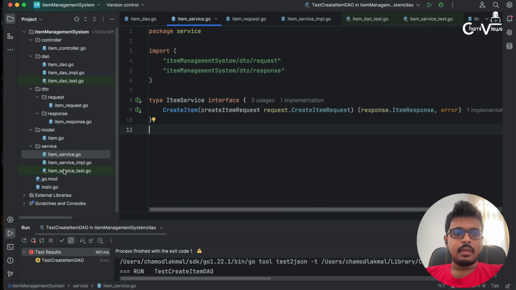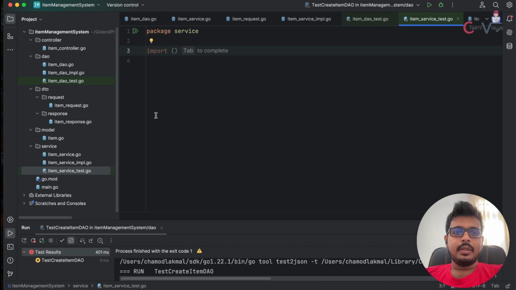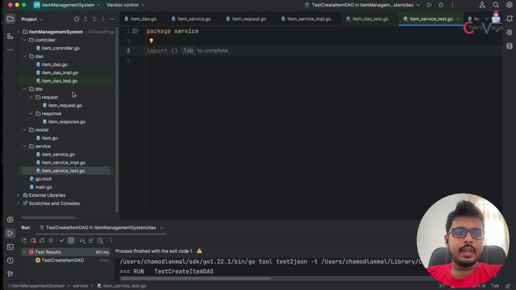But in this kind of scenario, we are mocking those item DAO. Mocking means that we are creating some sample values, right? Basically, we are hard coding the item DAO, right? Type mock item DAO